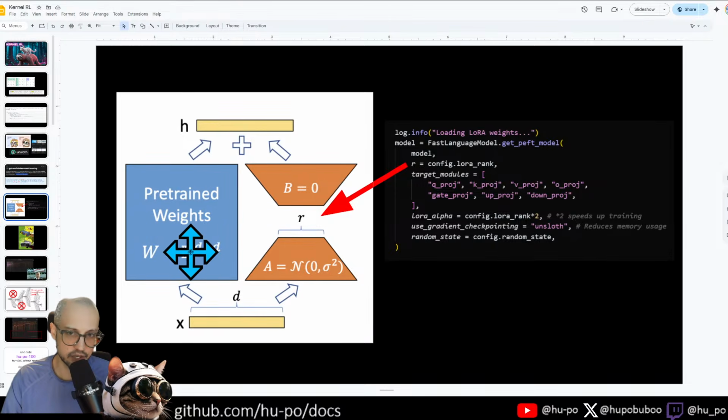The whole point of LoRA fine-tuning is that these are smaller, and thus faster to train. The gradients, all of those things, are going to take less memory, which means you can train them on smaller GPUs. But this R here, which is the width in between the A and the B,